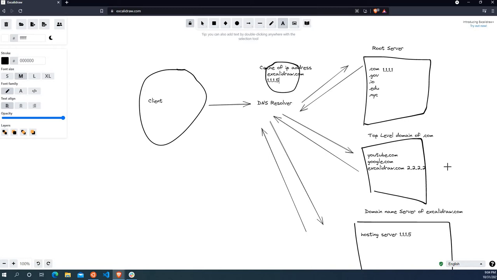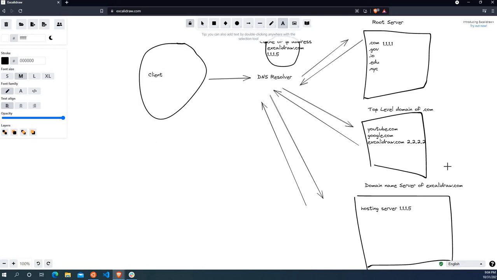And I want to give you guys a quick introduction of what records are. I mentioned records a little bit over here when I was talking about the domain name server. But right now I want to talk to you guys a little bit about records, because they're pretty important in DNS. So there are a lot of records in DNS, and each record represents